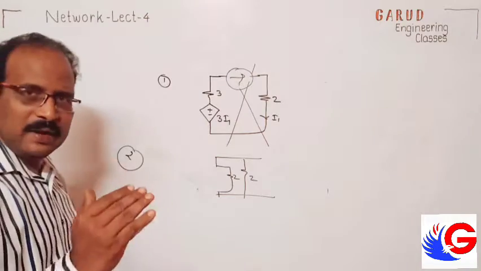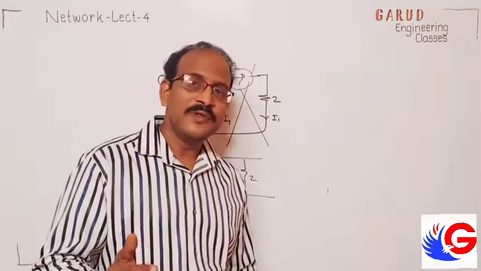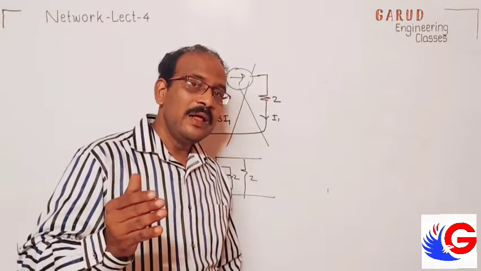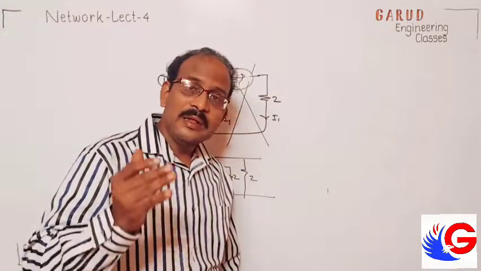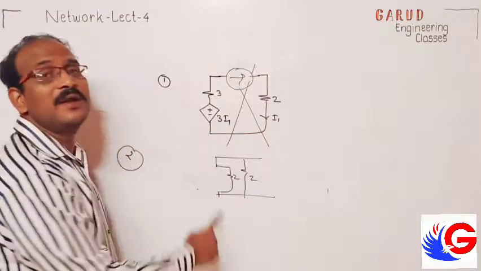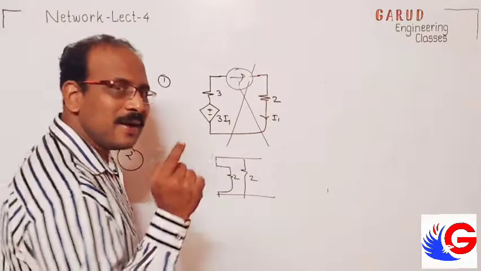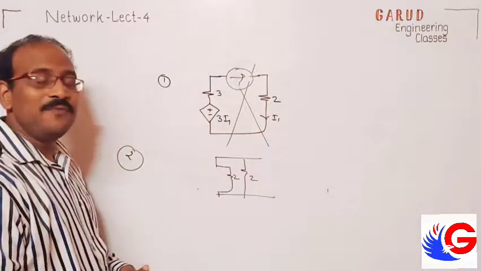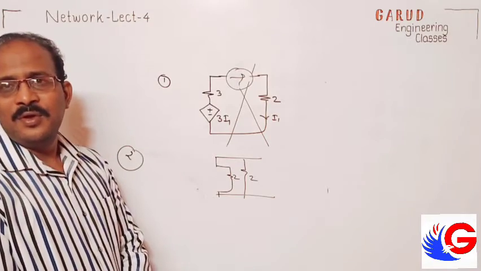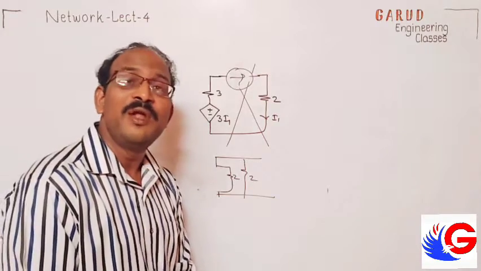So that means any energy source, if you want to present, that time we have to consider that as the ideal source. If it is not ideal, then resistance must be given. We have to represent with that internal resistance while replacing in RTH or in superposition. But can you consider this voltage source as an ideal source? No. So how can we present this with internal resistance? The answer is no, we have to use some different method.